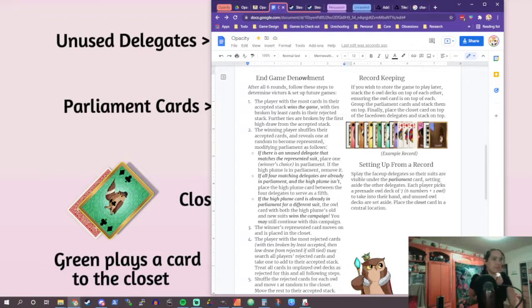Modify Parliament as follows. If there is an unused delegate that matches the represented suit, place one of the winner's choice in Parliament. If the High Plume is in Parliament, remove it. If all four matching delegates are already in Parliament and the High Plume isn't, place the High Plume card between the four delegates to serve as a flip. If the High Plume card is already in Parliament for a different suit,